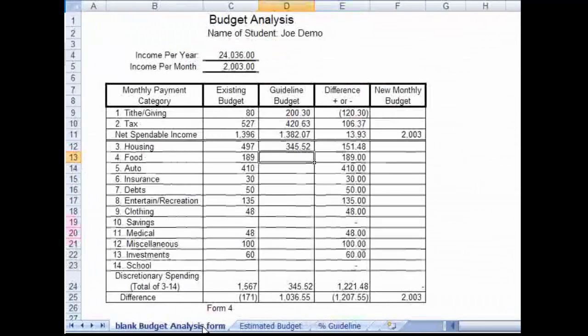Click back to the blank form and put a formula in that multiplies the $1,382 times 6% for food, which comes to $82.92. In the next box down, we put the formula in to multiply the $1,382.07 times 20% for automobile, which comes to